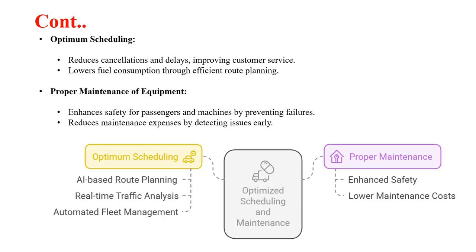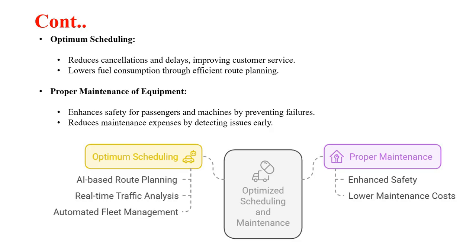And coming to the next one, it is the smart transportation. So here optimum scheduling is achieved through AI based route planning, real time traffic analysis, and automated fleet management. And this will help in providing better customer service by minimizing cancellations and delays, and optimizing travel and delivery schedules, and reducing fuel consumption by efficient route planning, which reduces unnecessary travel and idle time, saving fuel, and